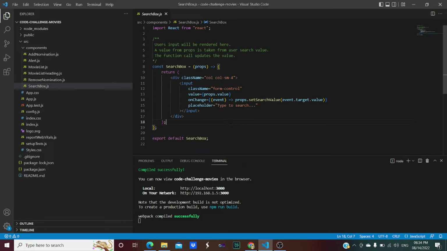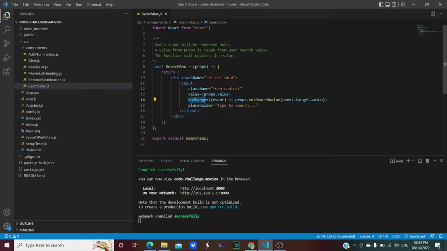For example, first of all, the user searches for the keyword speed. After that, the user searches for the keyword, for example, mission impossible or just mission. So as soon as the user changes the search, we should be able to retrieve the list of movies with the help of the API. So we need to work on the change attribute as well, because within that we need to retrieve the changed result, the modified search.